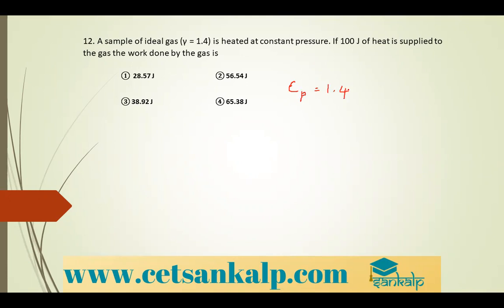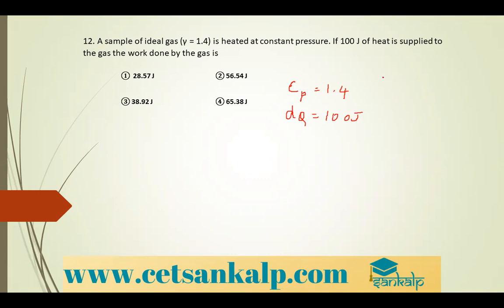If 100 joule of heat is supplied to the gas, that means dQ is equal to 100 joules. The work done by the gas is